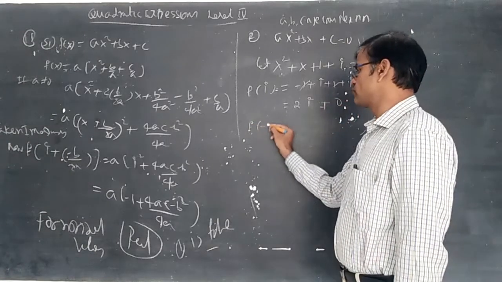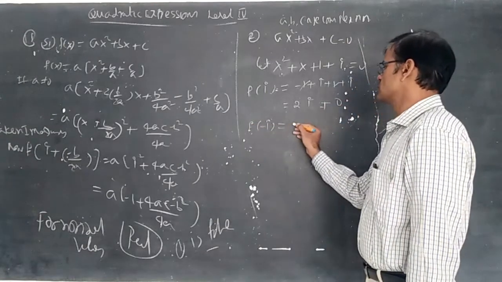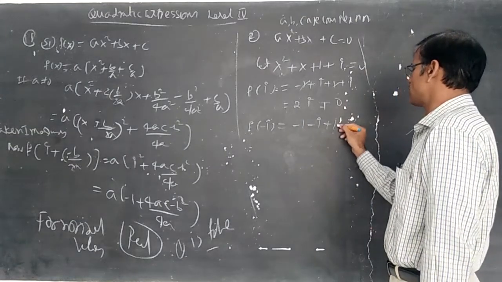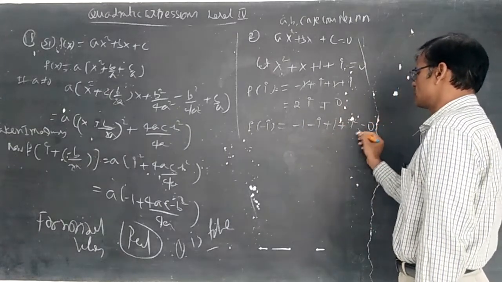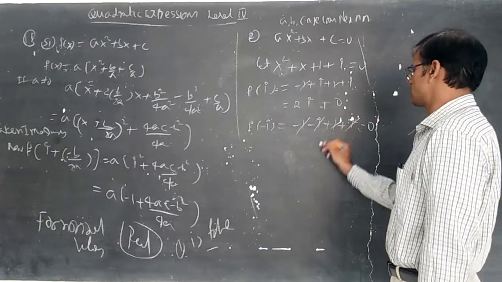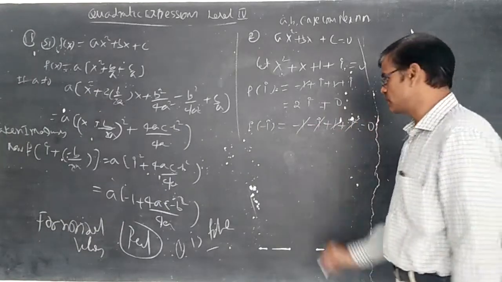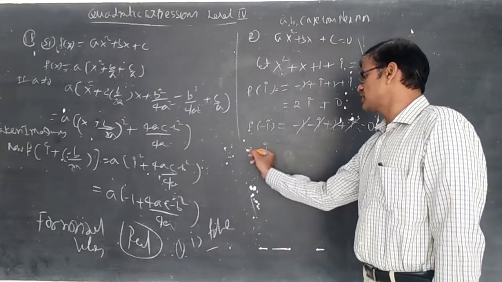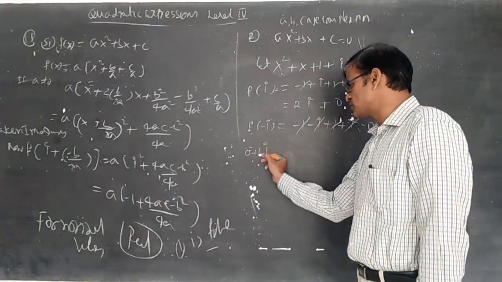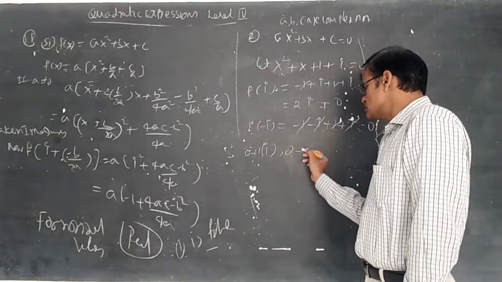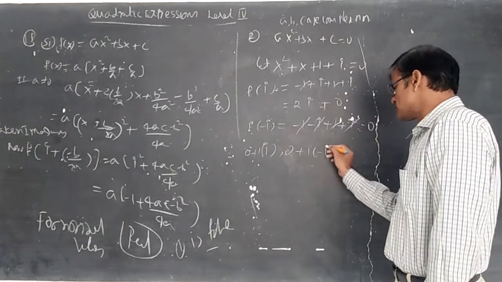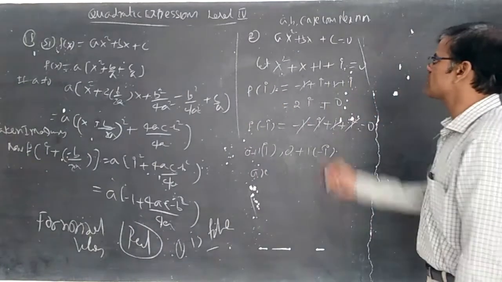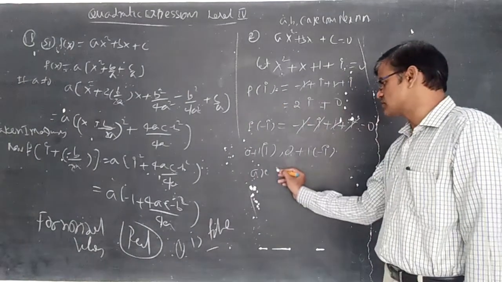And f(minus i), you substitute here. It becomes (minus i)² minus i plus 1 plus i, which equals minus 1 minus i plus 1 plus i, and that is equal to 0. Then what is happening here? i and minus i, that is 0 plus 1 into i and 0 plus 1 into minus i, are not proper roots of this quadratic equation having a, b, c as complex numbers.